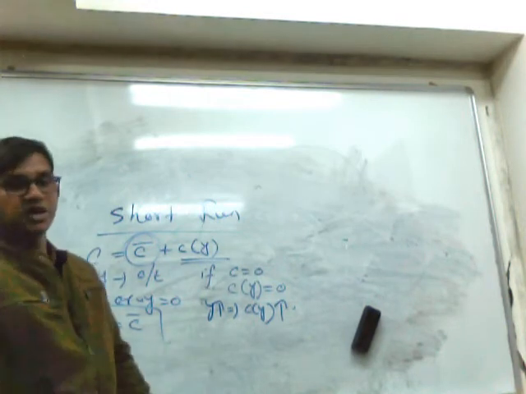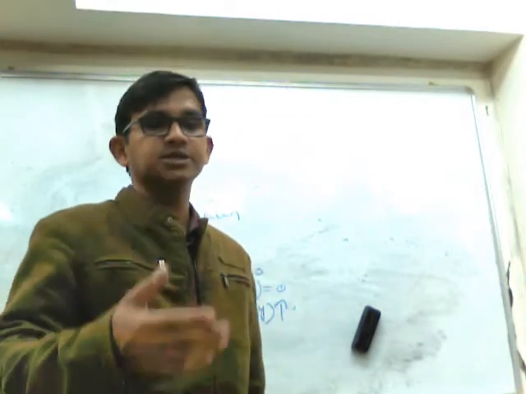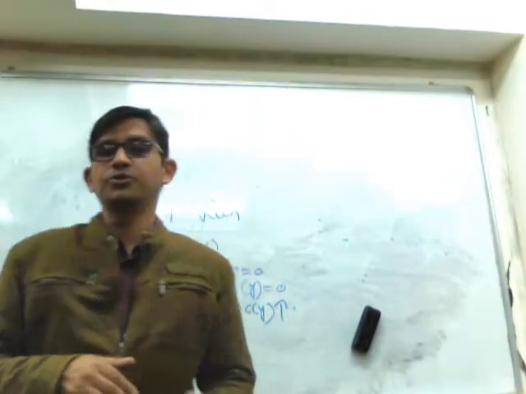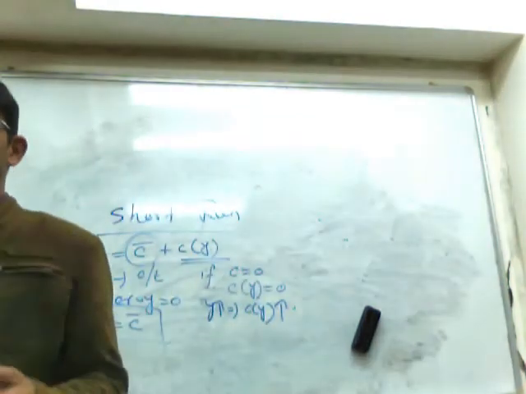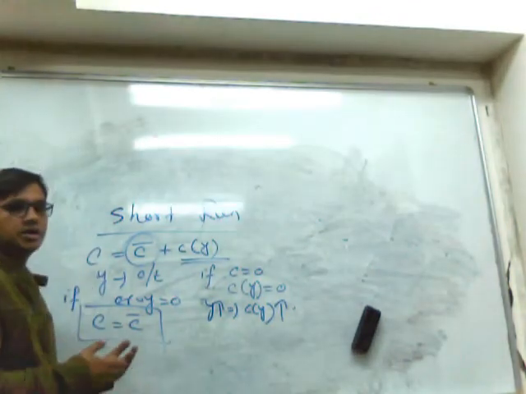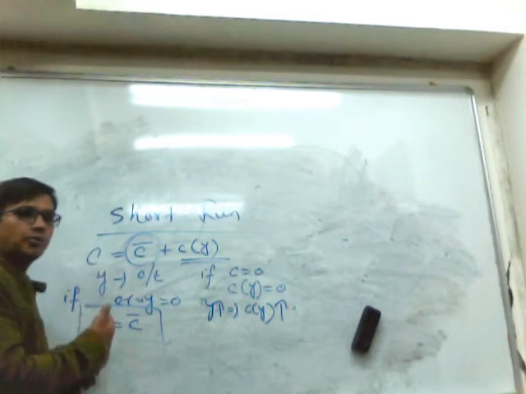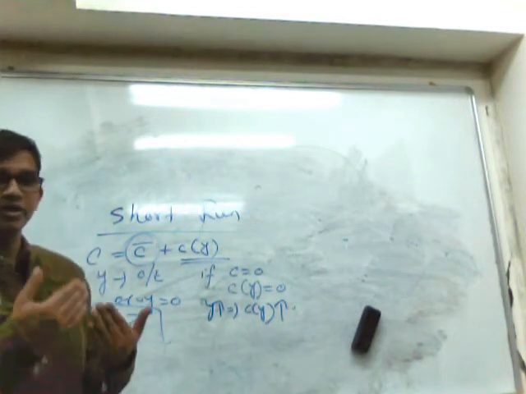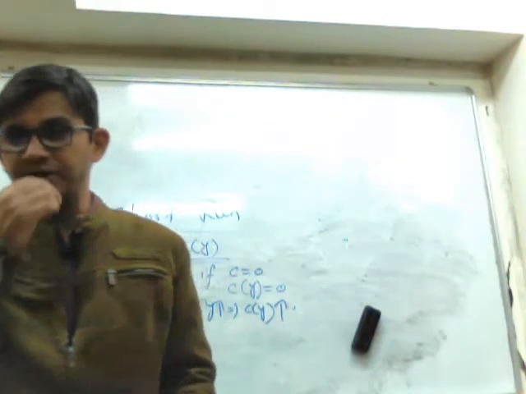Now what is variable cost? Variable cost means the component of cost which changes with the level of output. And the best example is labor. If you want to increase output, you have to appoint more labor. So labor is a component of variable cost that depends upon the level of output.